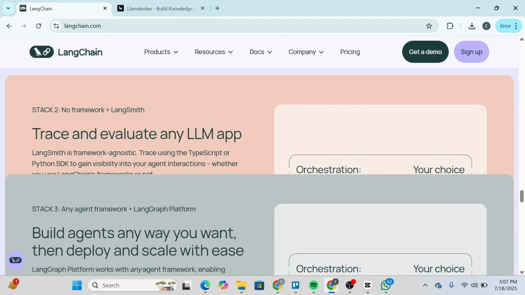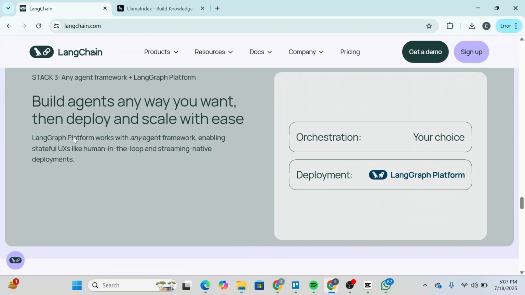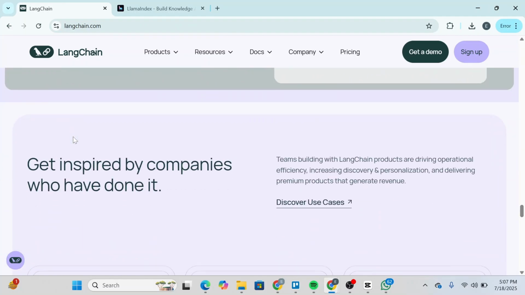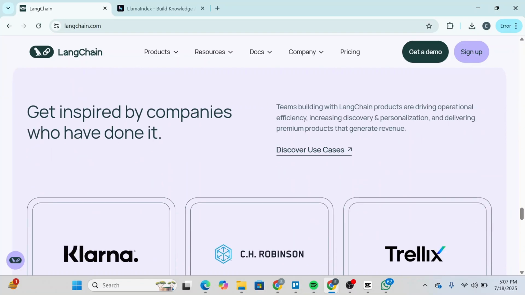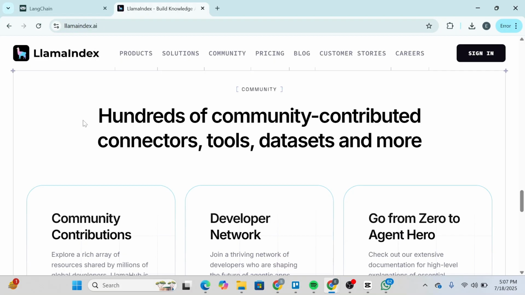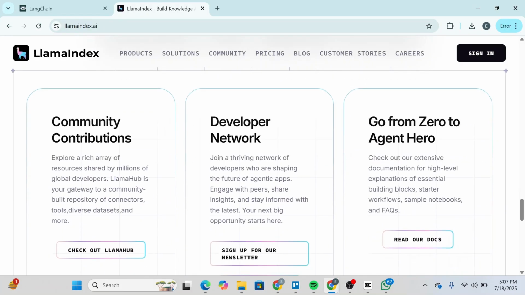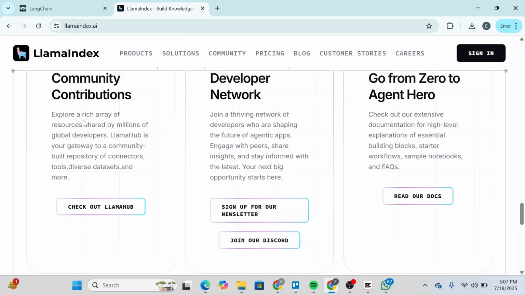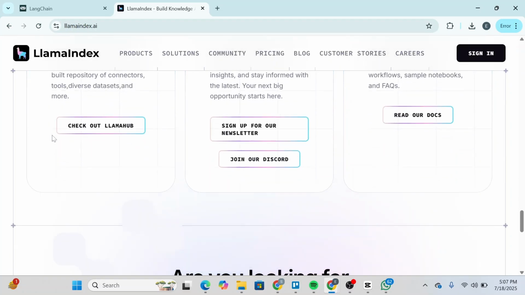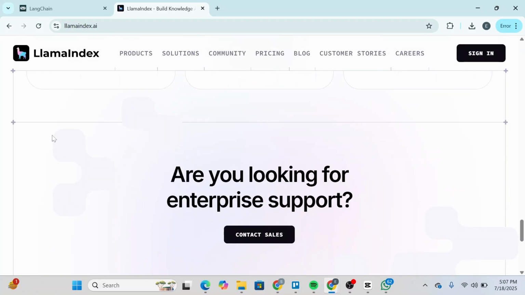LangChain's real strength is connectivity. It's the Swiss Army knife of LLM frameworks. You can wire it up to anything: language models, databases, vector stores, webhooks, APIs, and even browser automation. LlamaIndex supports integrations too, but it's a bit more opinionated. It's designed around data connectors and it does that extremely well. You won't be chaining tools or building agents inside LlamaIndex, but if your job is to make documents searchable by an LLM, it's hard to beat.